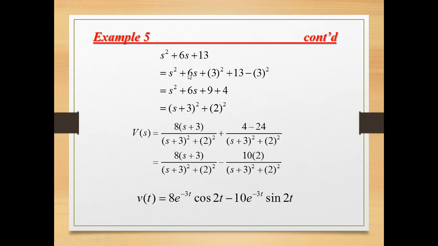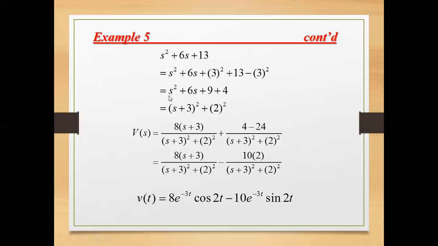Simply, take note, divide this 6 by 2 and then square it. So you divide 6 by 2, that would be 3, and then you square it. 9 then should be added to s squared plus 6s to make it a perfect square, which is s plus 3 squared. Now, since you already have the 9 here and in the original you have 13, you have to ask yourself, what number will I add to 9 to make it 13? Or in that case, subtract this number from 13. That should be the remaining number that should be added.